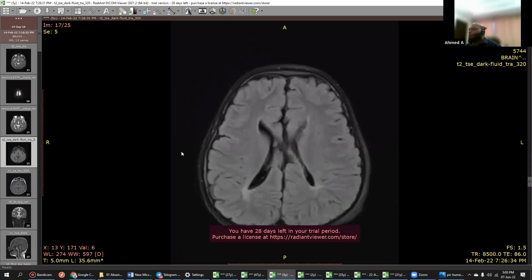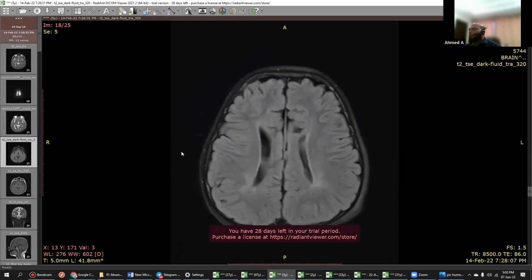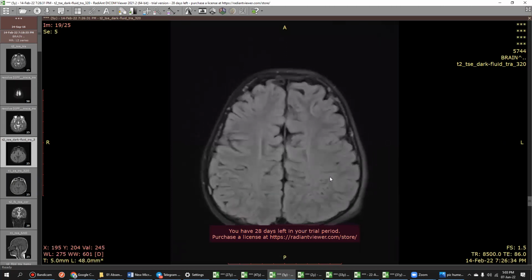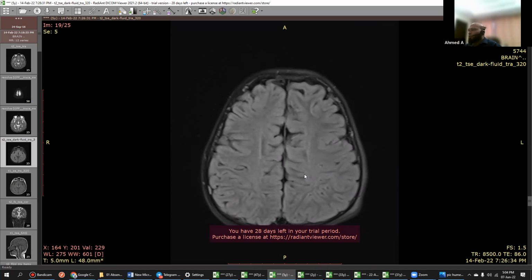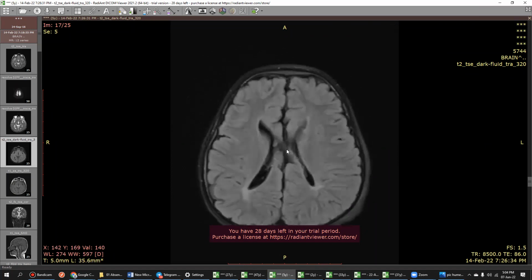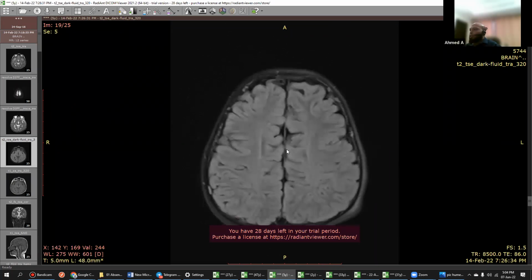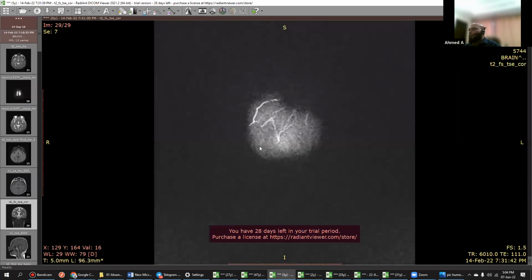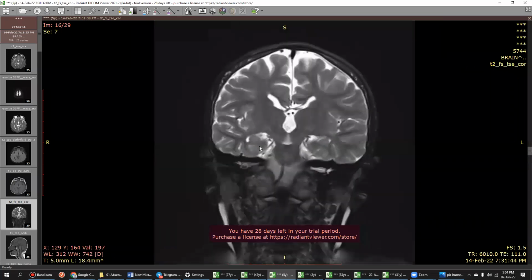No. Okay, forget about the signs. What is more typical? You can see the ventricles are parallel, and the corpus callosum and all that. Where is the corpus callosum? Exactly. So I should have seen the sagittal. It would have been more helpful, but no one will give you sagittal in the exam. Remember, no one will give you everything on the exam. It should be picked up on this image. Especially when I put you coronal, you have to pick it up.